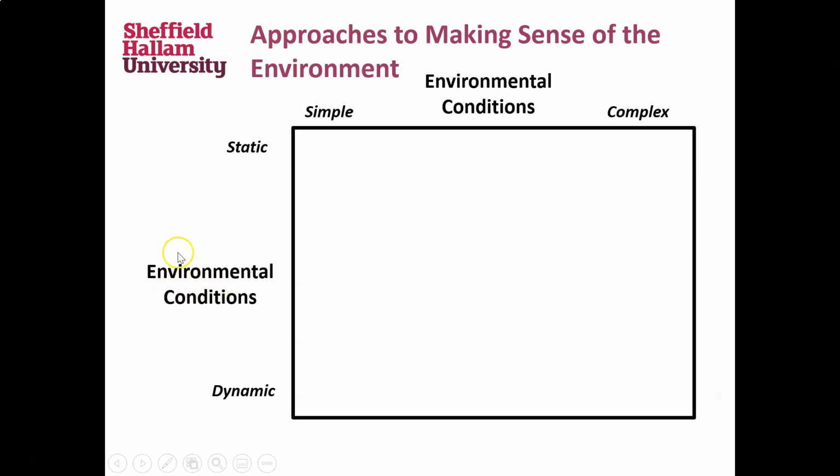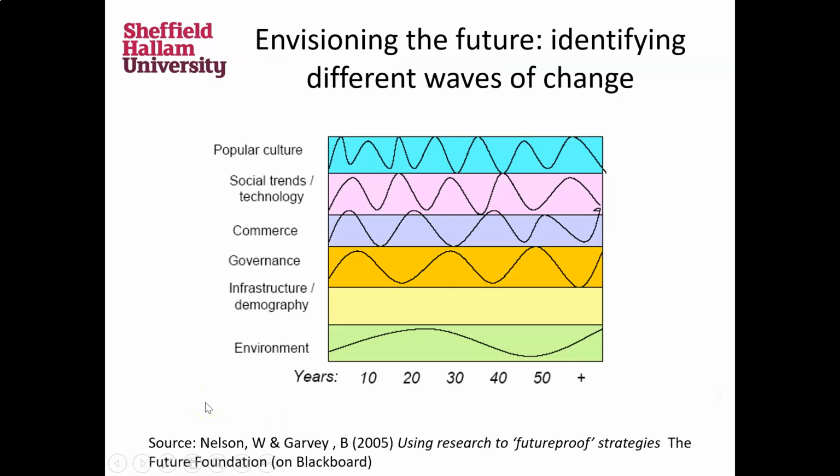The other element here in environmental conditions is whether things are static or dynamic. Static means that change happens at a slow pace and in ways that are probably quite easy to predict and see into the future. Dynamic conditions are ones where change happens rapidly and in ways which can be difficult to predict. So if we look at this chart here, we can see that the popular culture and social trends sector, which you said sport belongs in, changes in ways that are difficult to predict and far more quickly than